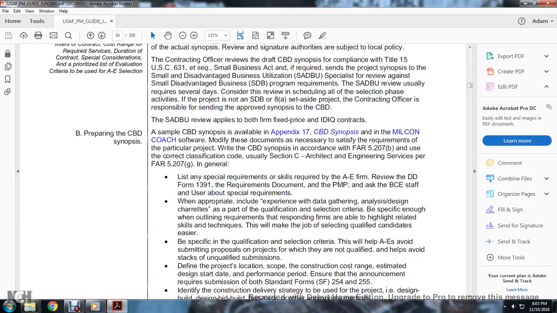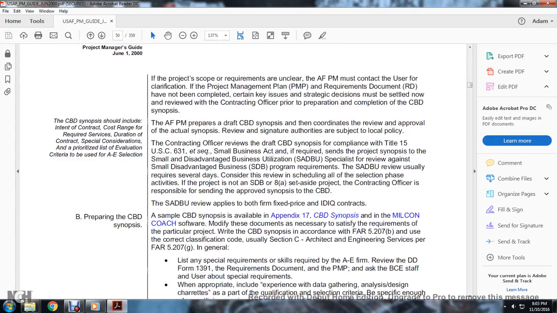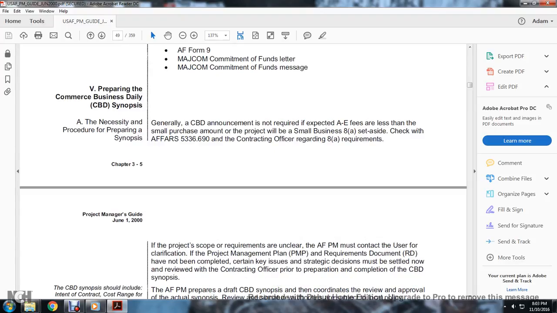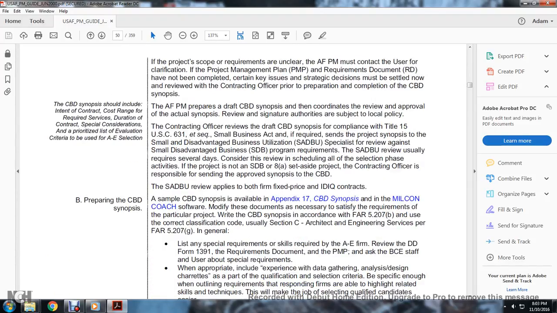Daily synopsis. A sample of the Commerce Business Daily is available in Appendix 17. The Commerce Business Daily synopsis military construction software provides the documents necessary to satisfy the requirements of a particular project. Prepare the Commerce Business Daily synopsis in accordance with FAR 5.207(b) and use the classification code of Section C, architectural engineering services, per